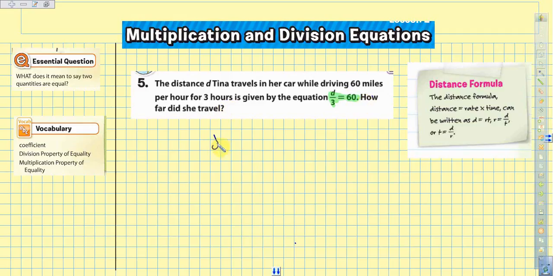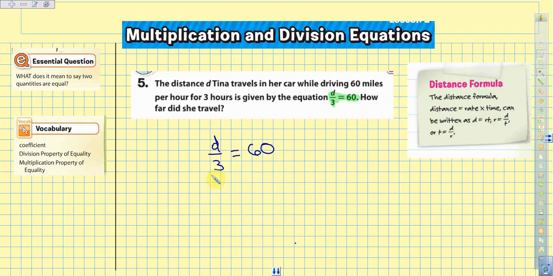Okay, so D divided by 3 is equal to 60. Okay, so you got to remember we have our distance over our time is equal to our rate. We're going 60 miles per hour. Rate is how fast we're going. We want to know how far she went, distance, and we know that it's going to take her 3 hours